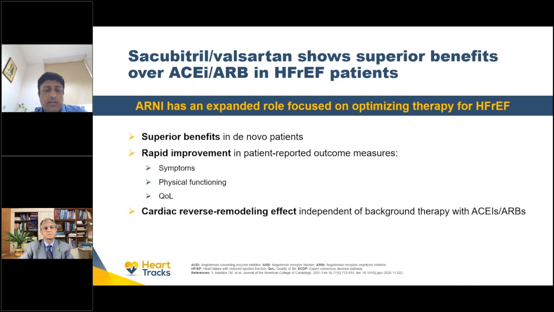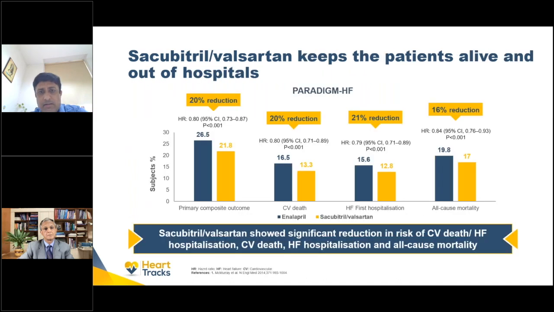So de novo, if you start, it has a superior benefit. There is a rapid improvement in symptoms, physical functioning, quality of life, and of course, the cardiac reverse remodeling effect is always there with ARNIs. If you look at the mortality benefit, it has been discussed again many times, the PARADIGM-HF trial, about 5 to 6 years old. Cardiovascular death, hospitalization, all-cause mortality, the primary composite outcome, everything decreases by 16 to 20%. In Indian patients, when we look at the data with this ARNI, sacubitril valsartan, the